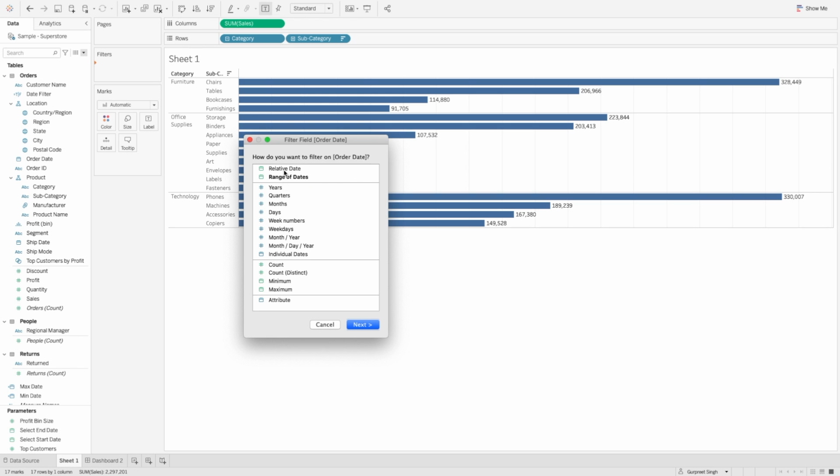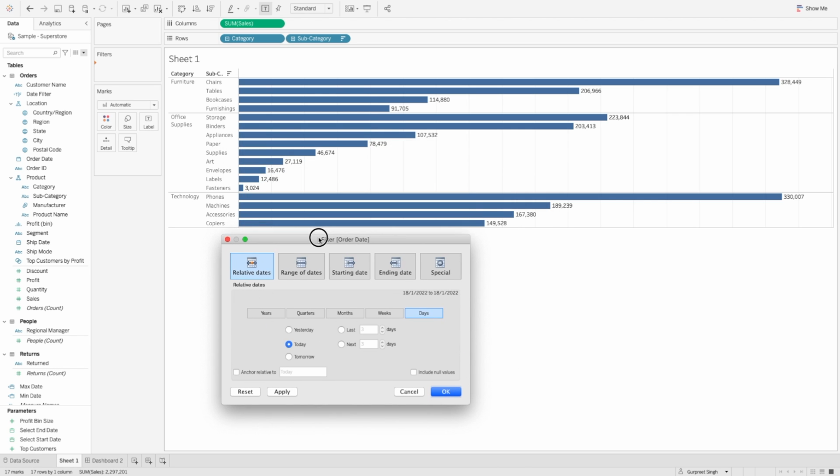So let's select relative dates first. We select relative dates and press next. Once you do that, you will see a pop-up window which will give you an option. Based on the relative date selection, you can select today's date, yesterday's date, tomorrow's date. Based on the day selection, if we do it by week, it will give you the same option: this week, previous week, next week, or even you can select the last 3 weeks. You can change the numbers by increasing or decreasing, or just by typing it in, say I want to look for the last 10 weeks of data. And the same will work for months or quarters or years. So if we look at the years,